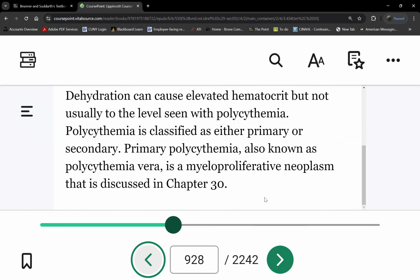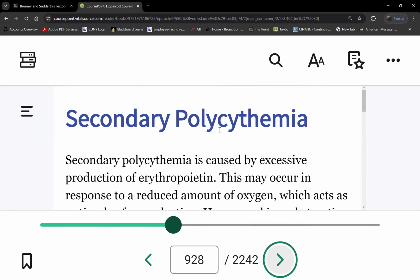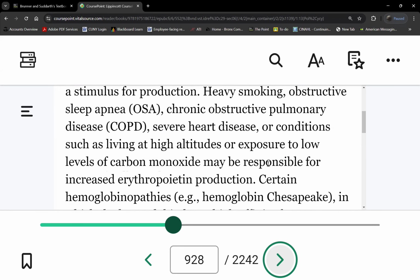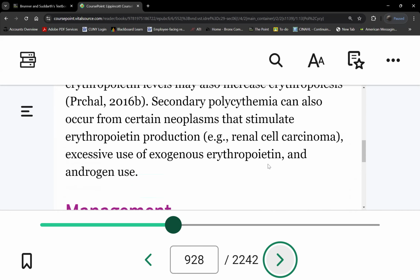They use methotrexate, and hydroxyurea also is used. Now, polycythemia, the secondary form, you remember COPD? Or people with chronic hypoxic problems? Part of the compensatory response is, what will the body do when they have chronically low oxygen levels? They'll increase the red blood cell production. So this is that type of polycythemia, okay? Now, for the management,